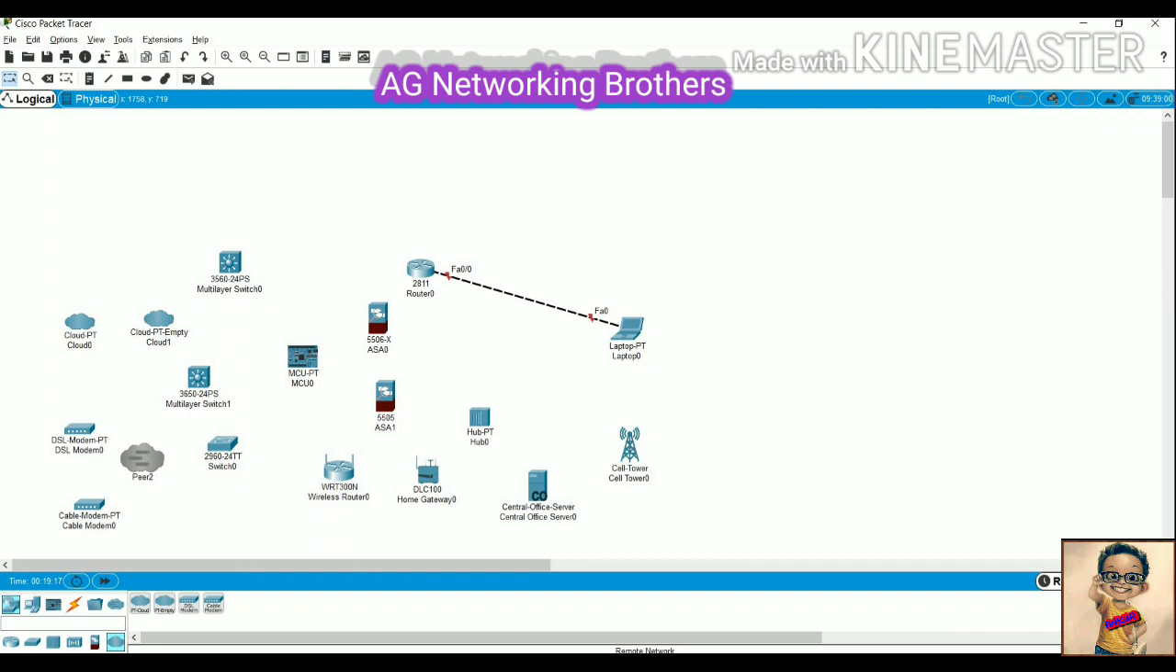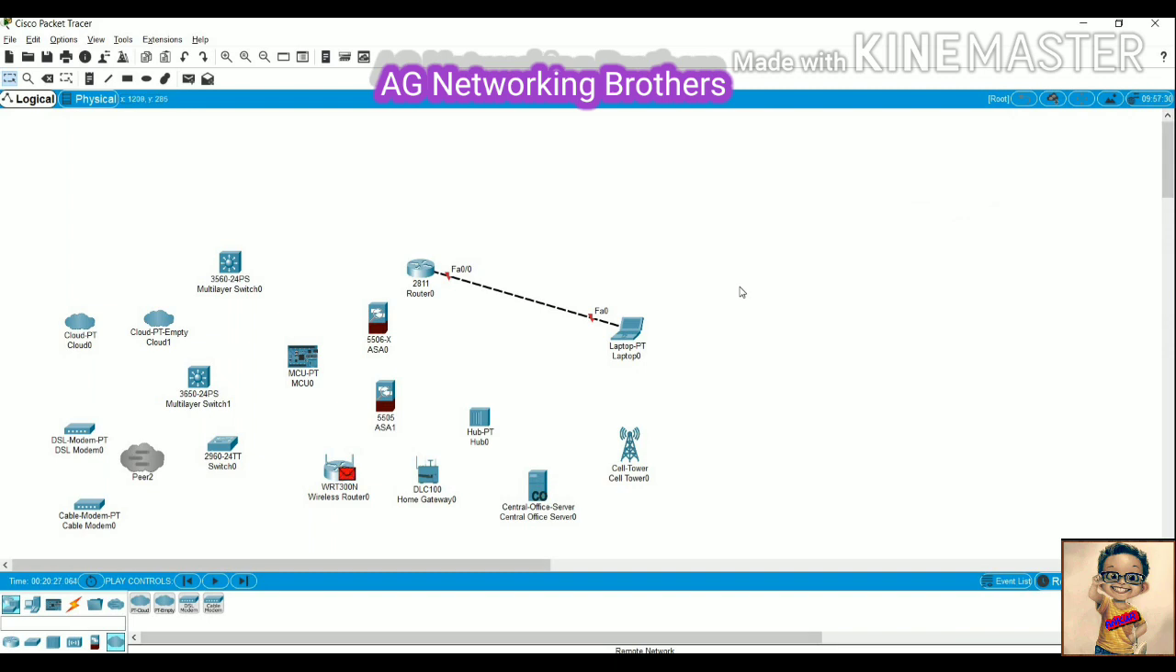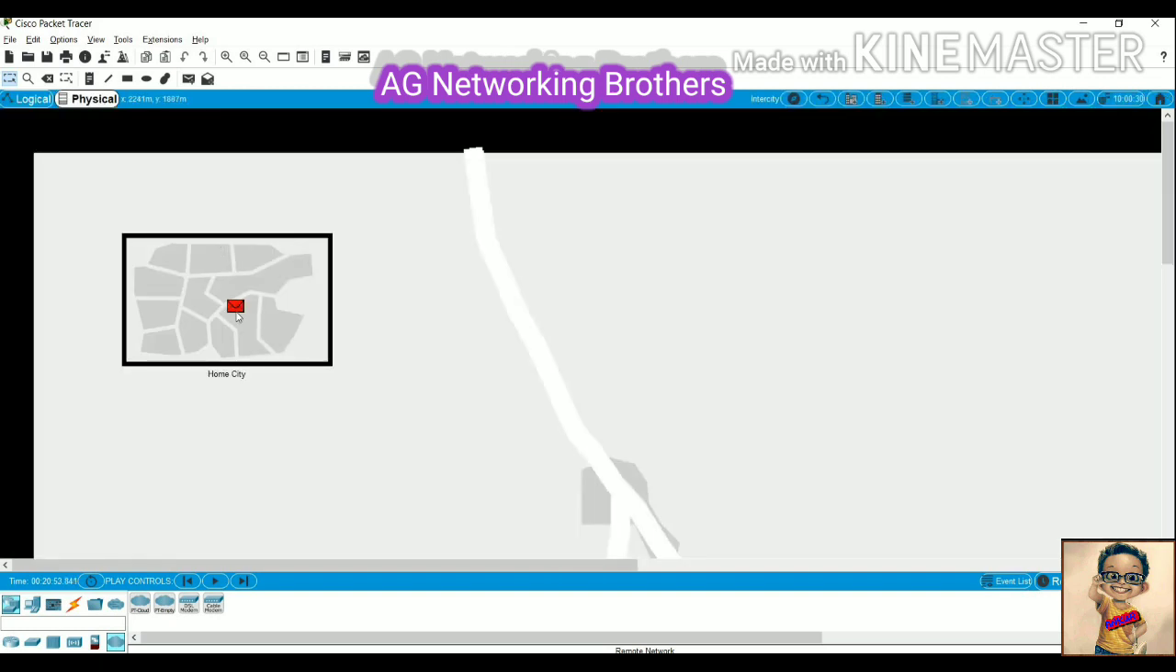We can see real time and simulation. Click simulation, then we start here. See, we can track the packet, how it works and how it doesn't work. In this software we can see the logical overview. This is the logical overview and this is the physical overview. In the physical overview,